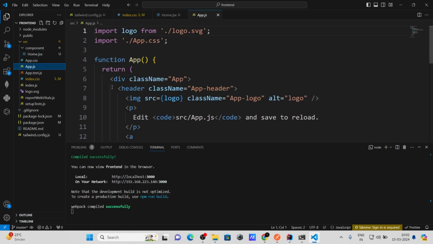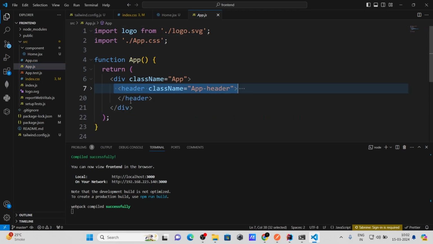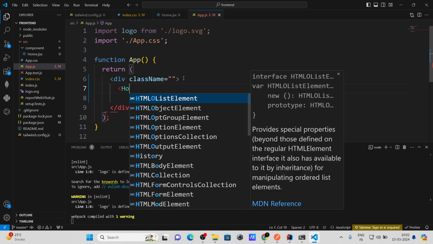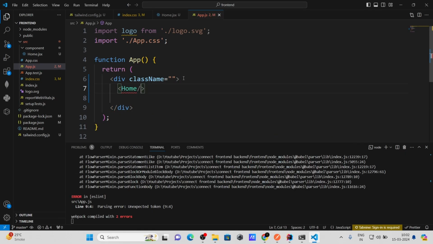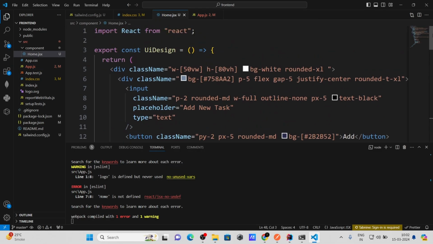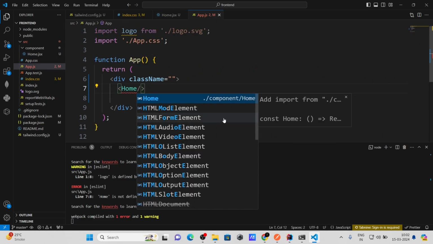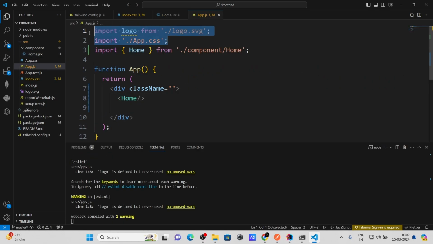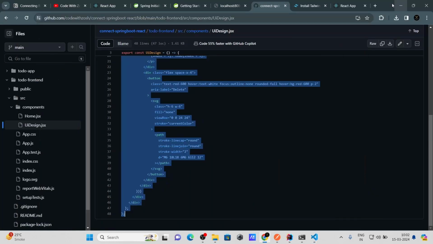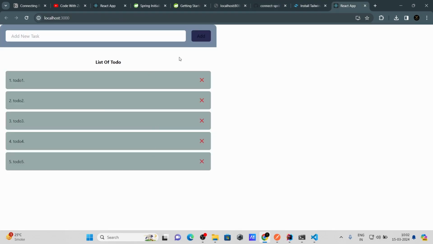Now let's go to App. Let's remove all this code because we don't need it. Home, Home.jsx. We need to change the name. Instead of UIDesign, I will give this component the name Home. Let's import this Home component. We don't need this, and let me remove this logo as well. Now let's go here and you can see